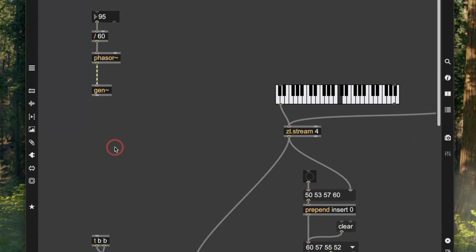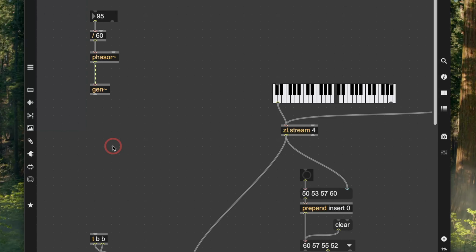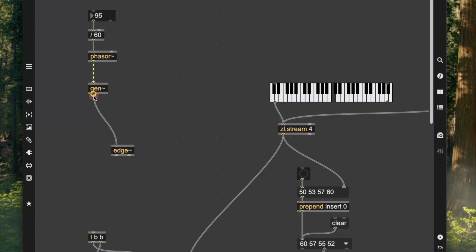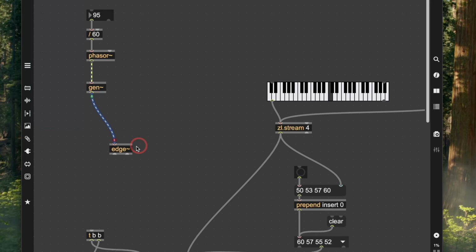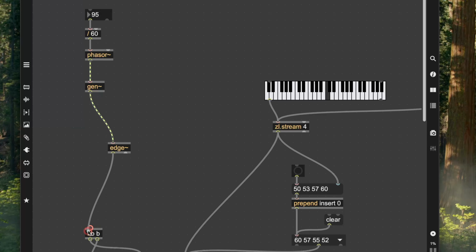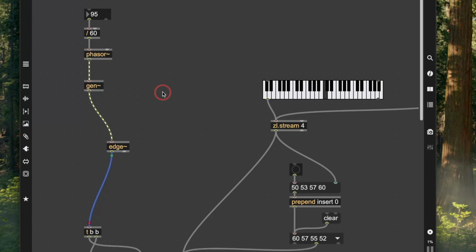So now that we have these pulses, we can use a regular Max object called edge. And edge will look for that pulse, and it will output a bang. So I can just stick that in there, and now we hear